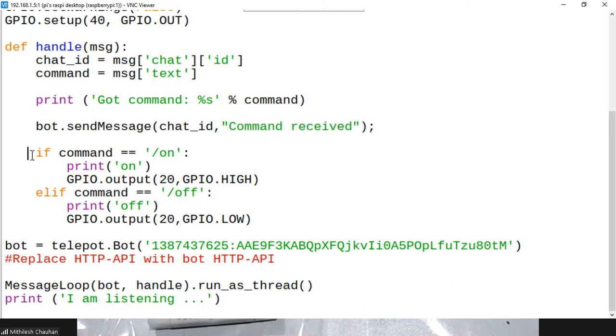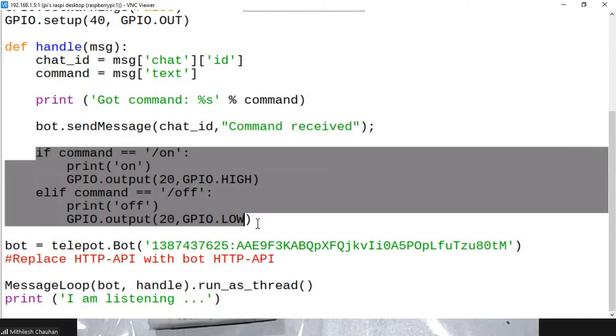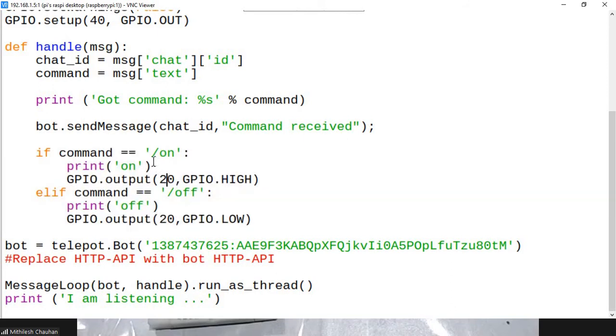Next, this is an if else control. Now, as we have discussed, we are receiving two pieces of information. One is the chat ID that can be used for sending a message back to Telegram, and the other is the command that the Telegram user has sent to the Raspberry Pi.